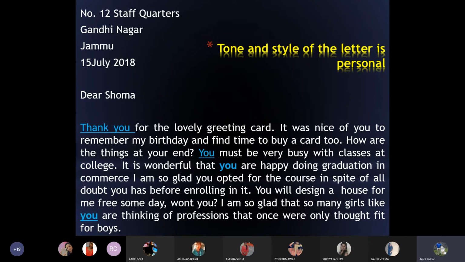If you are writing the person's address, that is called the inside address. This is where the pointer is right now. This is called the sender's address, of the one who sends the letter. It is kept on the left-hand side, to your left, on the right-hand side of the letter. So if you are writing, this is your address. Where is the cursor? Yes, this is your address.